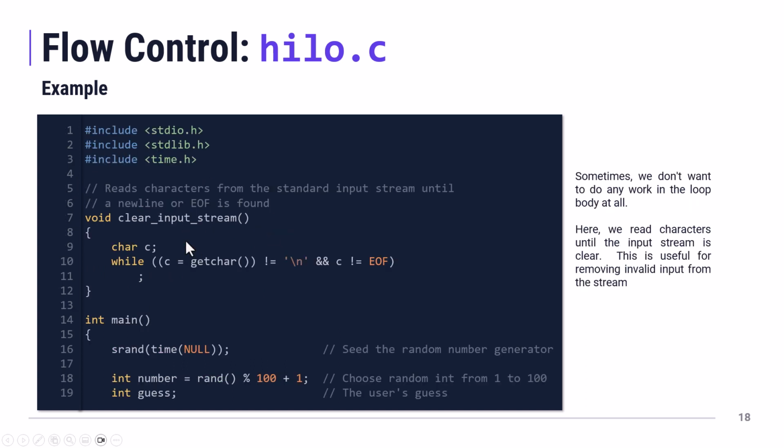So let's look at clear input stream. Here's an example of a while loop where we don't actually do anything in the body of the while loop. Everything is done in the conditional expression itself. So here I'm saying, all right, we're going to call this function getChar. It's going to read a character off of the input stream. And while it doesn't encounter a new line or end of file, it's going to keep reading and reading and reading. So we're trying to clear the input stream. The reason why we do that